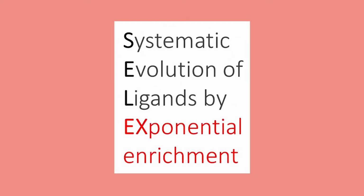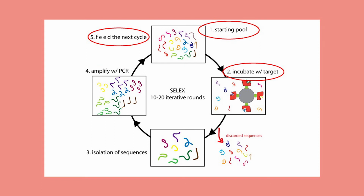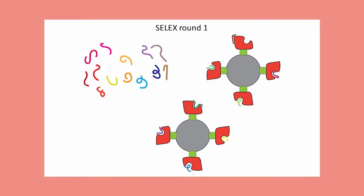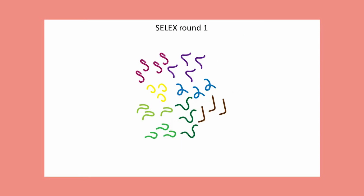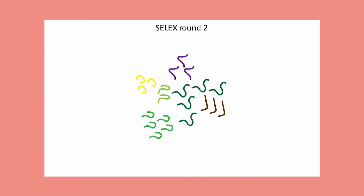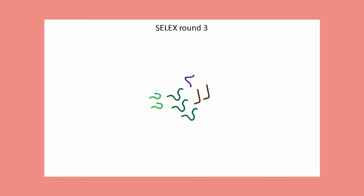This is the exponential enrichment portion of the acronym. We create more of what worked, and then you throw that new pool back at the target protein. See what binds best, rinse off the rest, etc., etc. SELEX is an iterative process of selection, enrichment, and then selection again, each time getting a stickier, more tightly binding set of sequences. And eventually, after 15 or so cycles of competition, a few sets of sequences start to dominate,